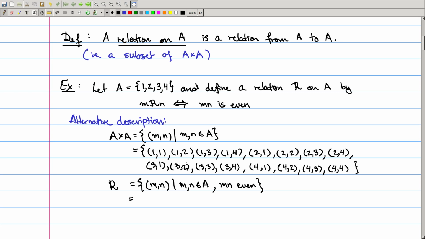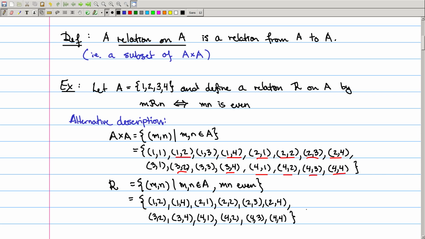And we can just go through our list here and figure out which ones of these satisfy this property. The product is even. So not this guy, certainly this one, all these guys that I'm underlining have products which are even, and the ones that I've skipped underlining do not satisfy that property. So this allows us to write down explicitly what our relation is as a subset of the